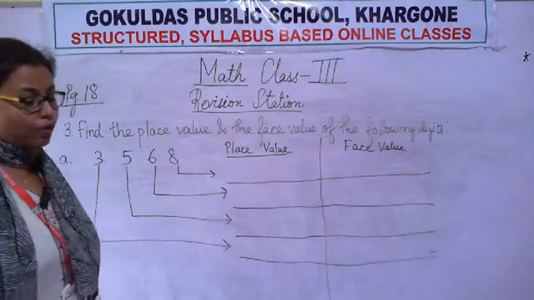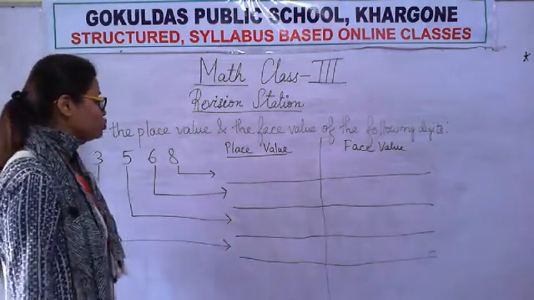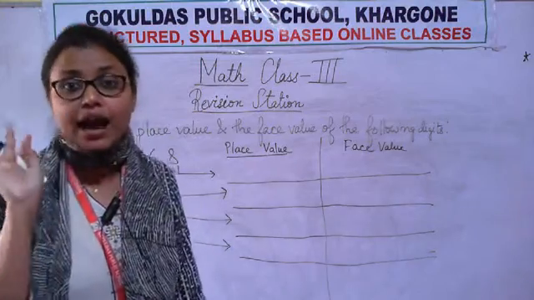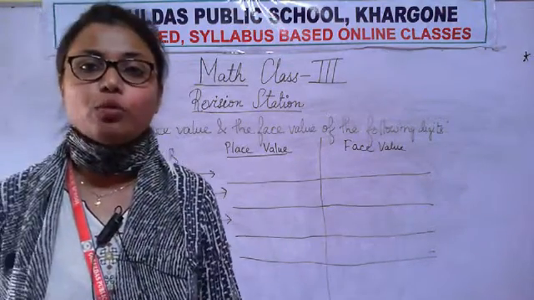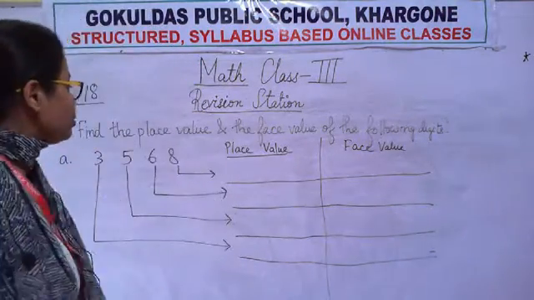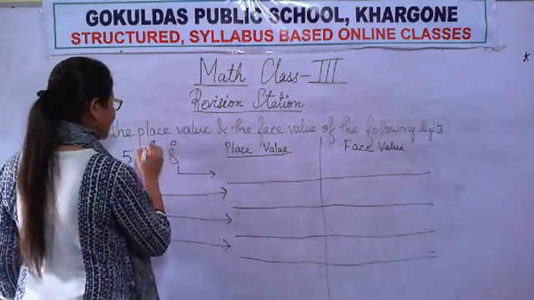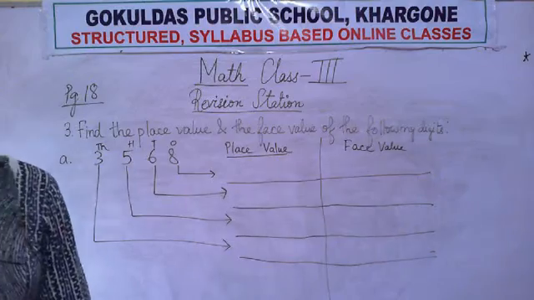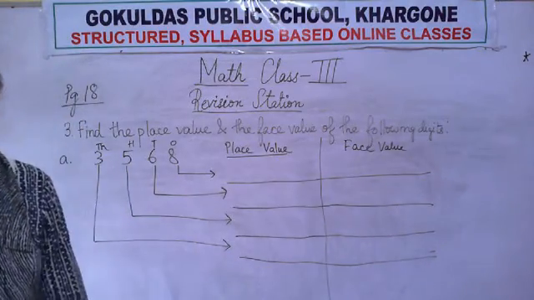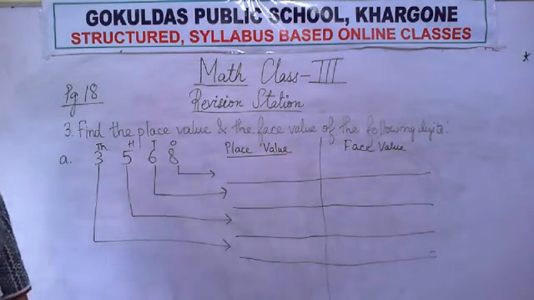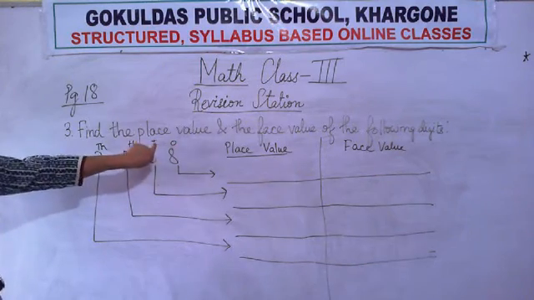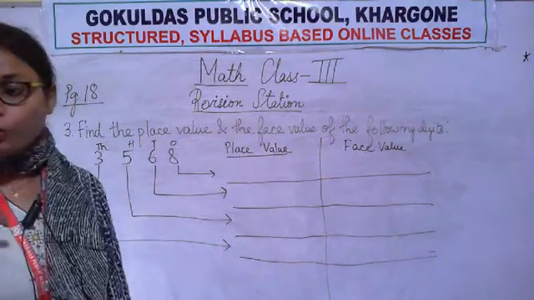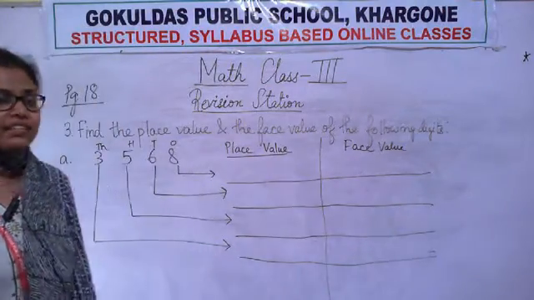Okay. Now place value. So what we will do for place value? सबसे पहले हमारे what we will think कि क्या करना है. Place value बोल दिया question में, तो what we will do? We need to write ones, tens, 100, 1000. This is my first step. Whenever in the question it comes to find the place value, my first step is to write ones, tens, 100 and 1000 on the top of the number. Number के ऊपर we will have to write ones, tens, 100, 1000.